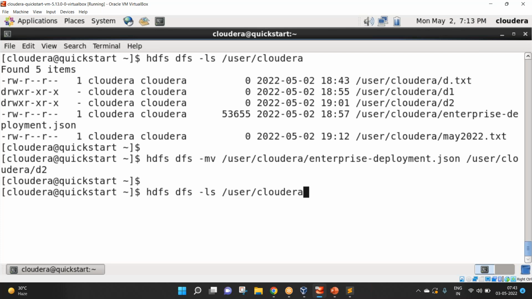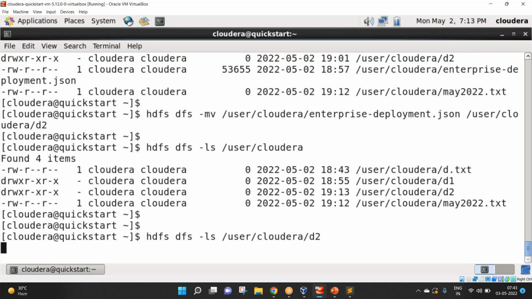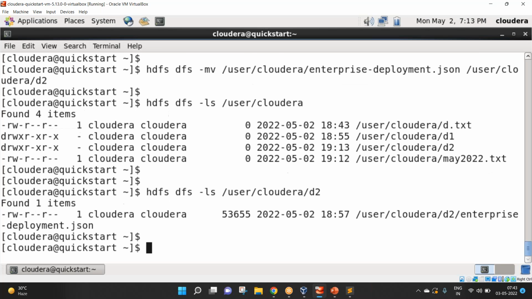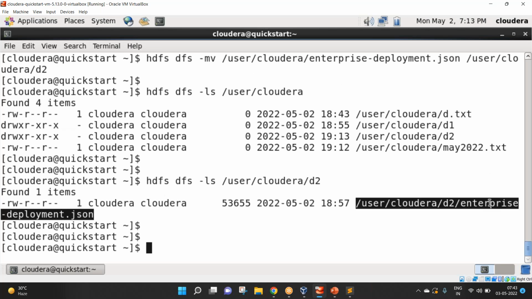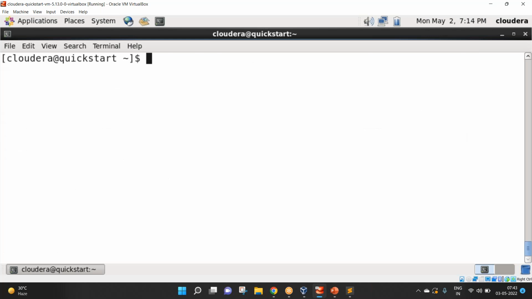So let's look at the contents now. So we don't have that file here because that should be moved into D2. Let's confirm the same. Check the contents under D2. So we have the file called enterprise_deployment.json here. Suppose I wanted to move d.txt and May2022.txt into D2 again. I can use a pattern. HDFS DFS -mv